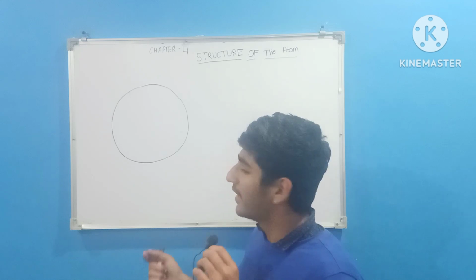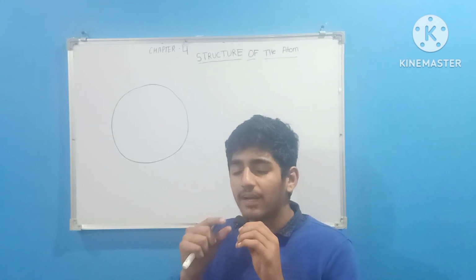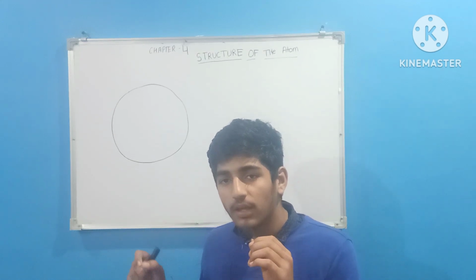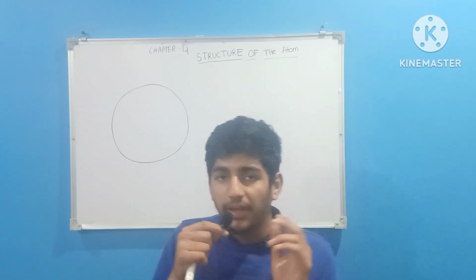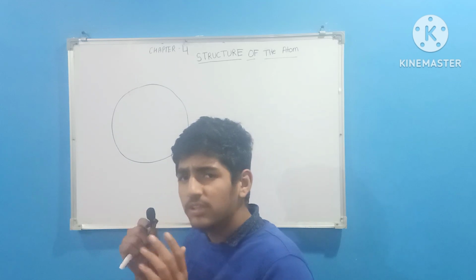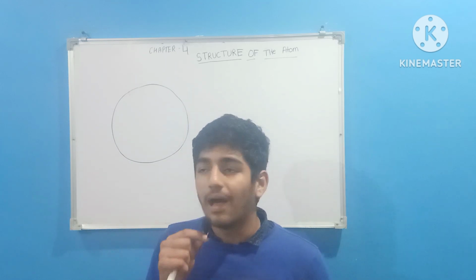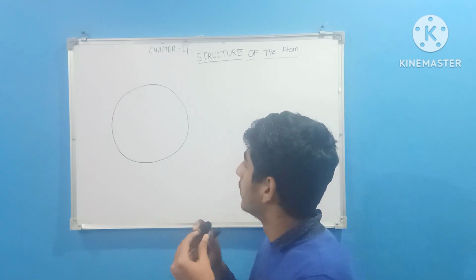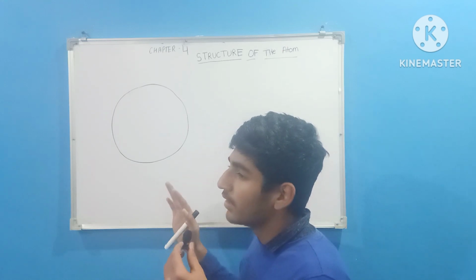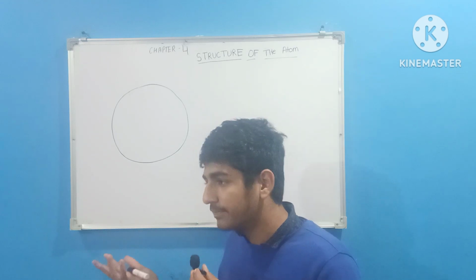So Dalton said that atom is the smallest unit of matter. There is a question: is it so? Is it so? Atom is the smallest unit of matter. But after some time, some scientists said that atom is also further divided